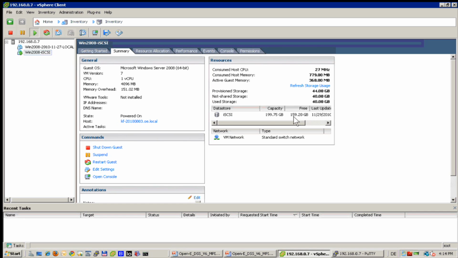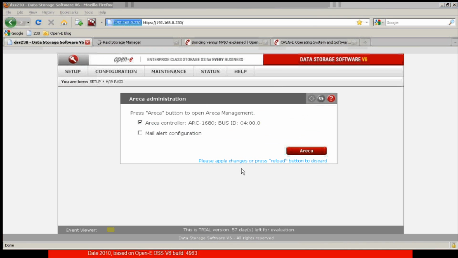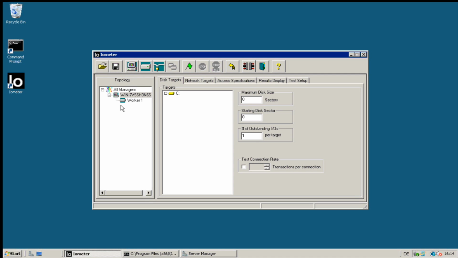That's exactly 40 giga disk. So that's the disk which was assigned to my virtual machine, and this virtual machine is placed on this data store, which is on iSCSI. Okay, good. So we know where we are, and then we can again